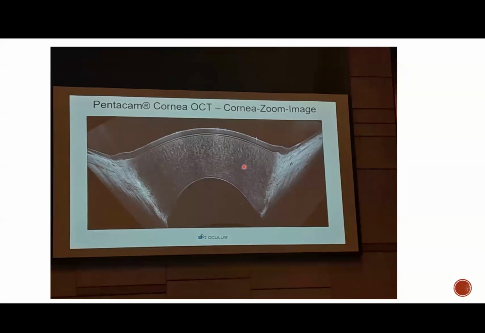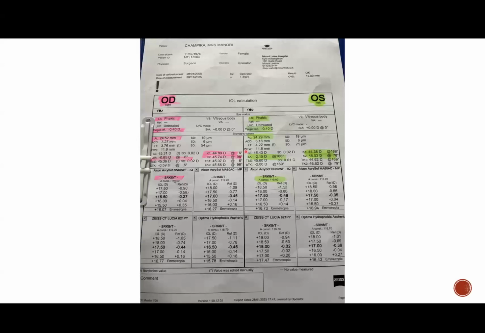And in addition to my talk, this is the newest tool, the Pentacam HD cornea. So this gives very handy results. All the corneal details are very valuable over here. And this is another report, with differences like this. Now, this is one of our board patients. We can't just let it go. We have to work out why there's a difference.